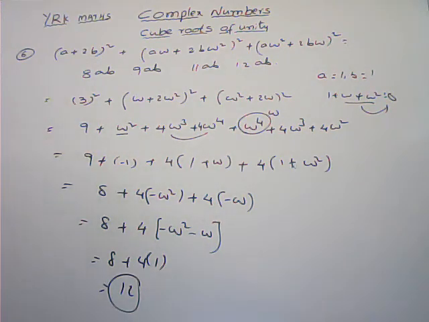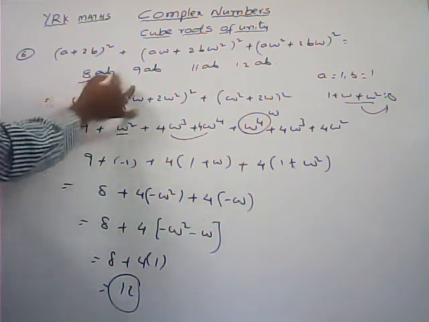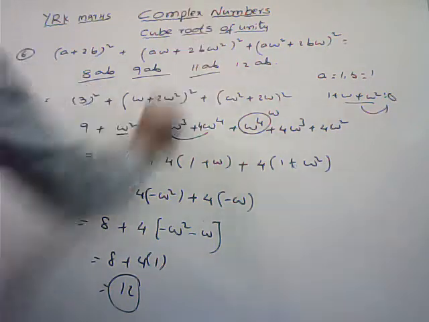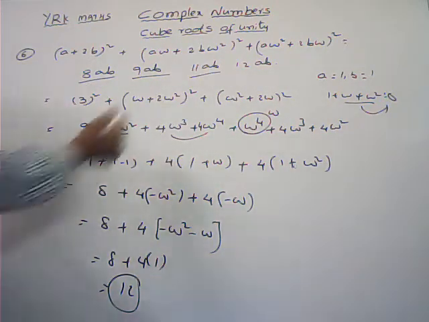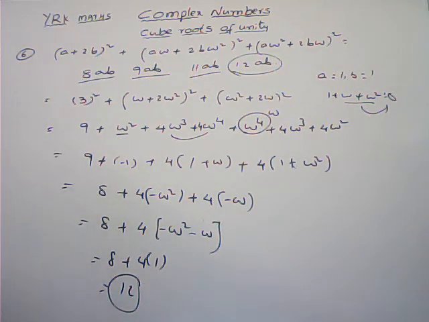Now the same values, a is equal to 1, b is equal to 1, in the options also we can verify where we get 12, that is the correct option only. Here there is no chance to get 12, here also there is no chance, but substituting a is equal to 1, b is equal to 1, here 11 we are getting, here 12 we are getting. So the fourth option is the correct one.